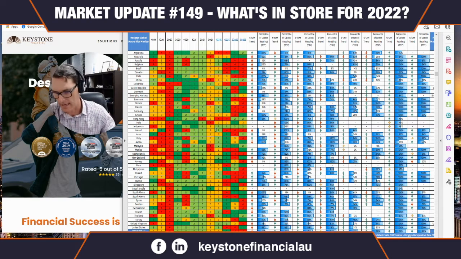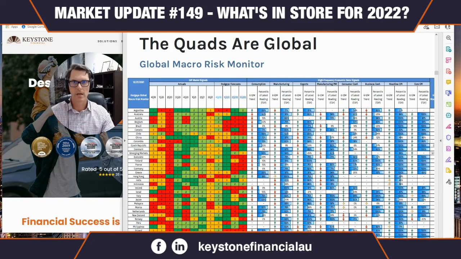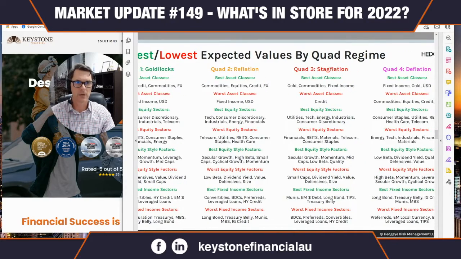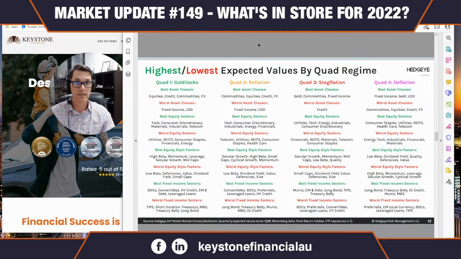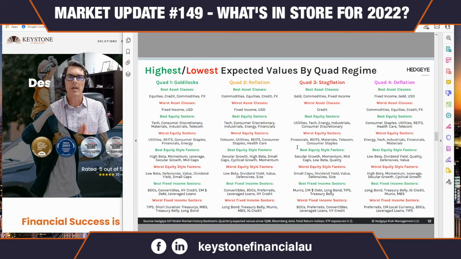And then finally, I just thought I would maybe touch on asset positioning. So again, one of the key things, and maybe I'll go back to this table here, one of the key things that I look at is, where do we need to pivot to in order to preserve our capital and hopefully grow it. And again, the best quads to make money in are quads 1 and 2. Beyond the shadow of a doubt, those are the two quads where you absolutely kill it.